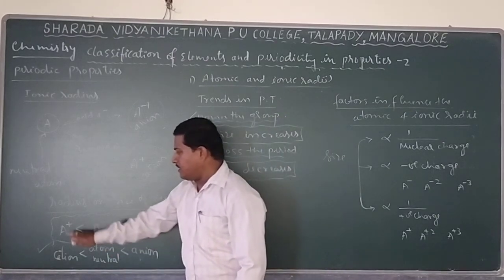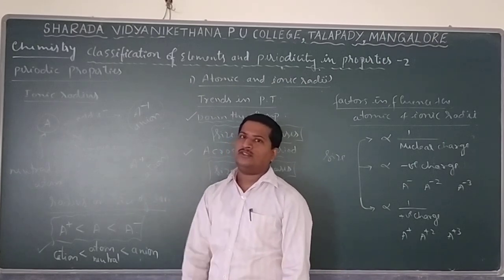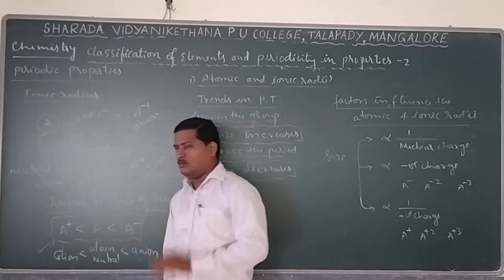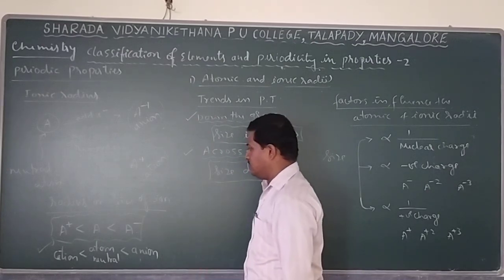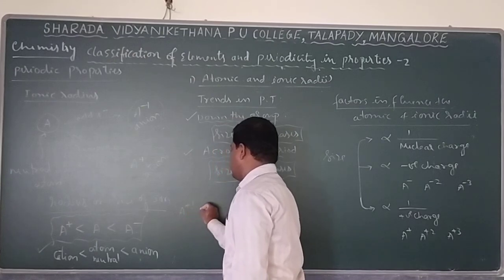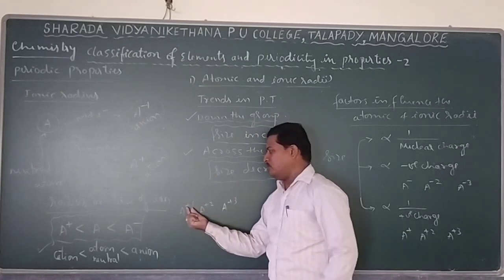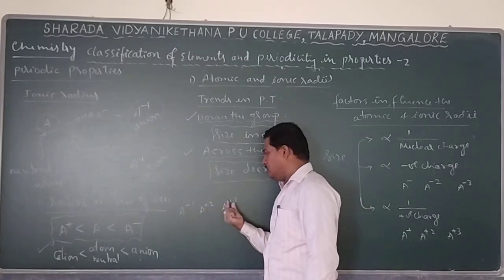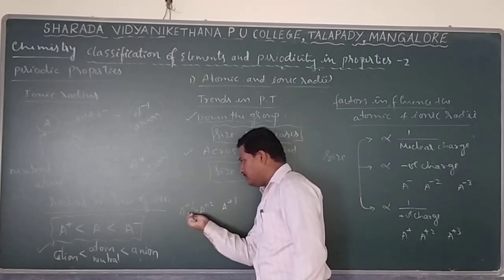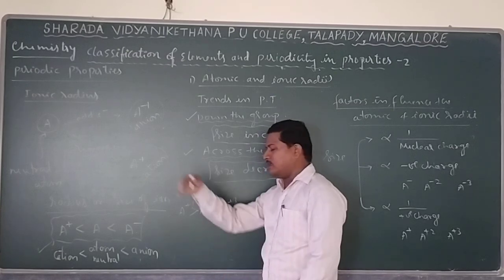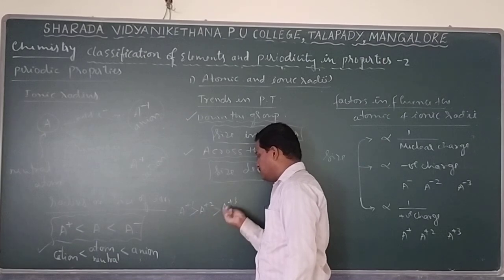And if a number of cations are observed, then a cation with more positive charge has a smaller size, and with less positive charge a bigger size. Similarly, with anions, more negative means bigger size, and less negative means smaller size. For example, we have A plus 1 charge, A plus 2 charge, A plus 3 charge. This is observed after removal of 1 electron, this after removal of 2 electrons, this after removal of 3 electrons. Now tell me, which shows the bigger size? This shows the bigger size. We remove only 1 electron, the remaining electrons are there. Now the distance is more, or the size is going to be more, whereas plus 3 has a smaller size.